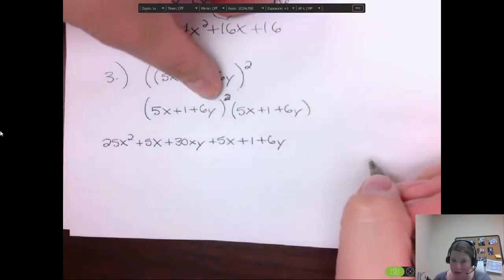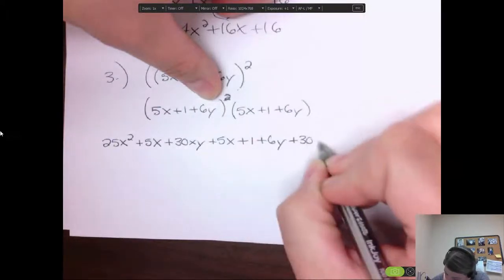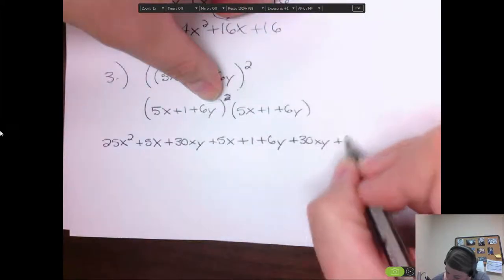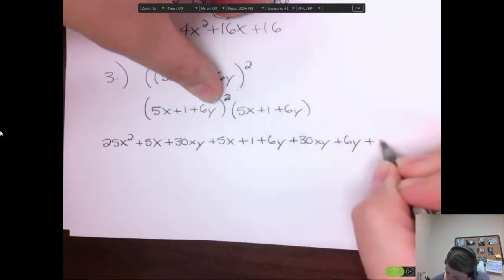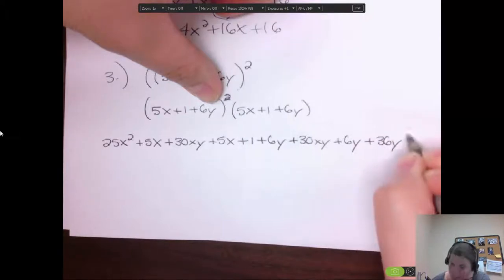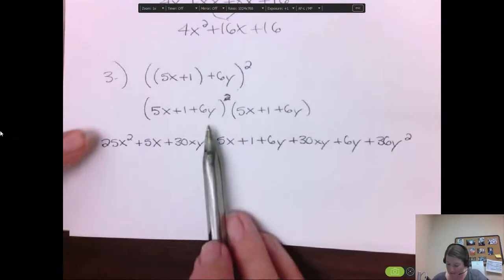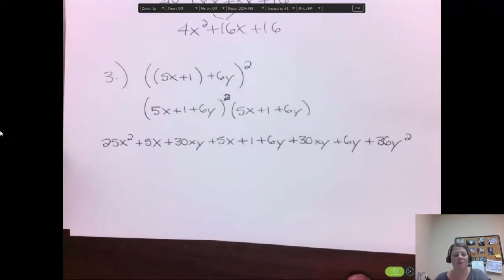Then we switch to the 6y. 6y times 5x is 30xy. Then 6y times 1 is 6y. 6y times 6y is a positive 36y squared. All right, so like I promised, there's 3, 4, 5, 6, 7, 8, 9. Woo! 9 of those. Now let's write down,